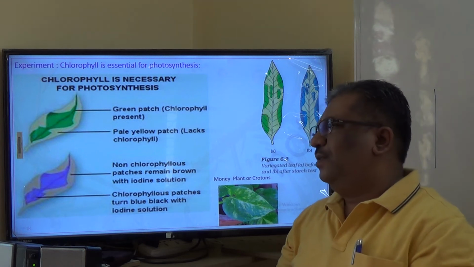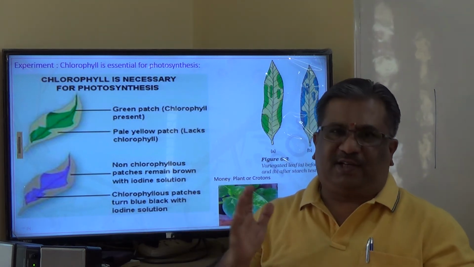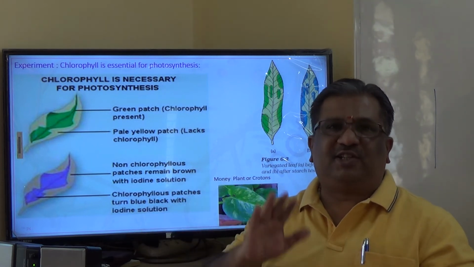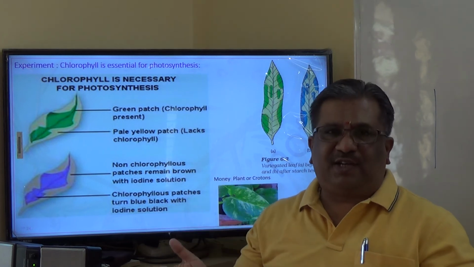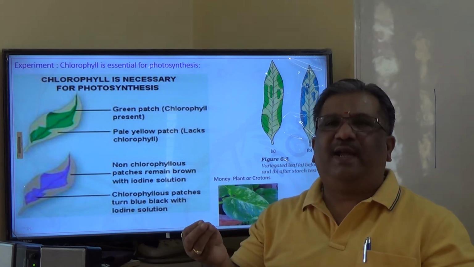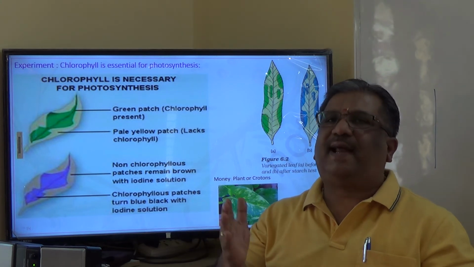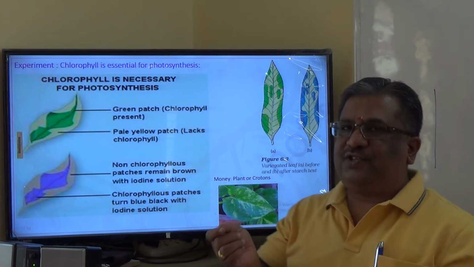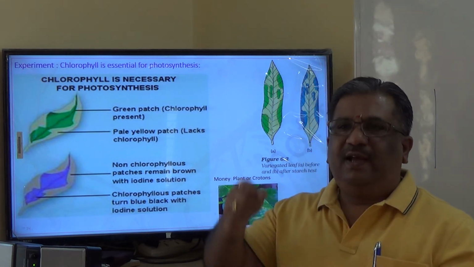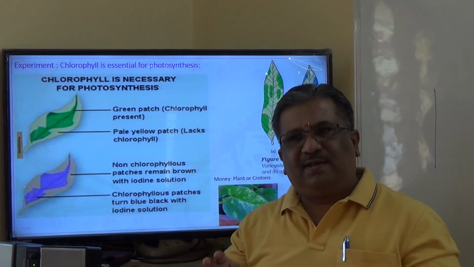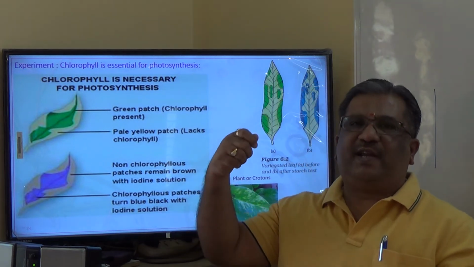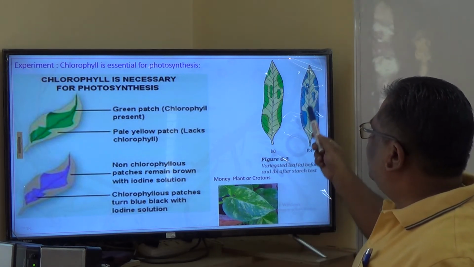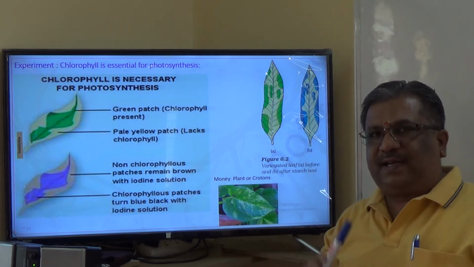You already know the action of iodine on starch. Iodine turns blue-black wherever there is starch. Wherever there is no starch, the color observed will be either pale yellow or slight brown color. Are you able to understand? So when the leaf, which after decolorization is put for a few minutes in the iodine solution, is taken out and rinsed, the result is this one. Here you can see this. The result is here. What is that result?